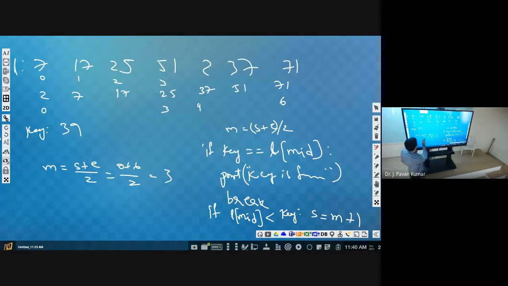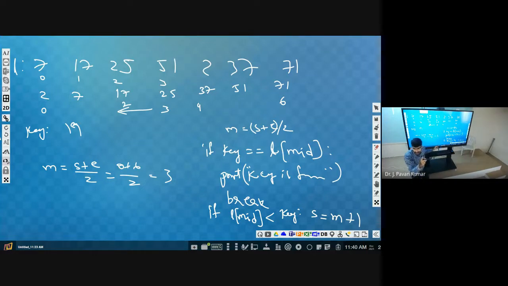Suppose the element that we wanted to search is, instead of 39, 19. That is, if L of mid is greater than key, then we will not have the key from here onwards. If at all we have the key in the list, it can be present only before this. That means we have to consider up to this only, so we can end here itself. How can we write that?